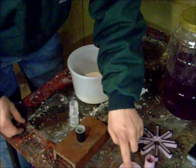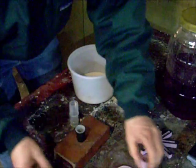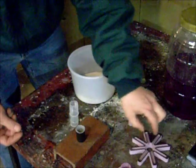I made a little mistake on my mold here. I accidentally put a hole through the bottom, and I didn't want that because I want the bottom to be sealed so the alcohol doesn't flow out to the bottom. And that's my final stove. Obviously I'll need to put a hole in the